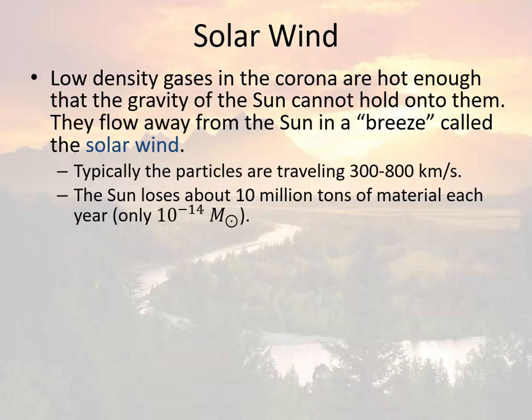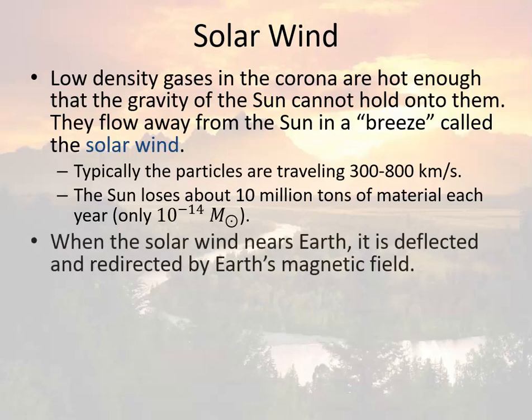So first of all, the solar wind. You can think of this as kind of a breeze of charged particles coming from our sun, and for the most part they're protons, but you're also dealing with some ionized helium ions, like singly ionized helium atoms, and also some helium nuclei, that is, alpha particles. Because of the solar wind, our sun actually loses about 10 million tons of material each year. However, compared with the mass of the sun, that's only on the order of about 1/100 trillionth of our sun's